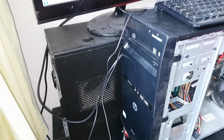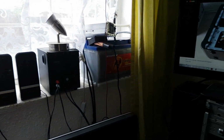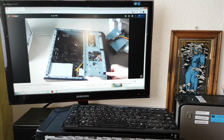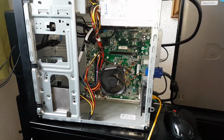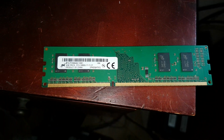Other specifications of this machine, it originally came with 4 gigabytes of RAM. I upgraded this to 6. It has 2 RAM slots. I think it's actually better if we just turn it over this way. There we go. Right here is the RAM. The original 1 4 gigabyte module and 1 2 gigabyte that I added. Here is where the hard drive is located. It will support 2.5 inch drives and 3.5 inch